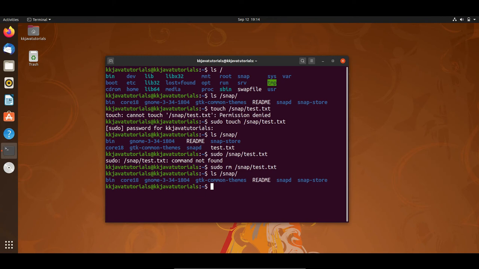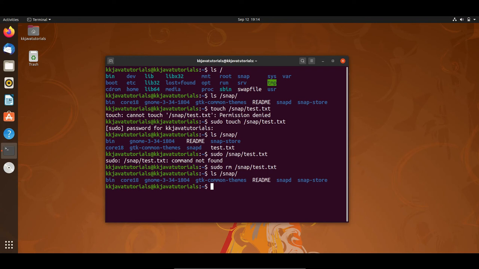To create a directory, we can do mkdir, and I would like to create it inside the root directory. We have snap, and inside that I would do mydir. This is the directory name I would like to create. But here you can see I haven't prefixed it with sudo. If I press enter, it did not ask me to supply the password because I'm already in super user mode.